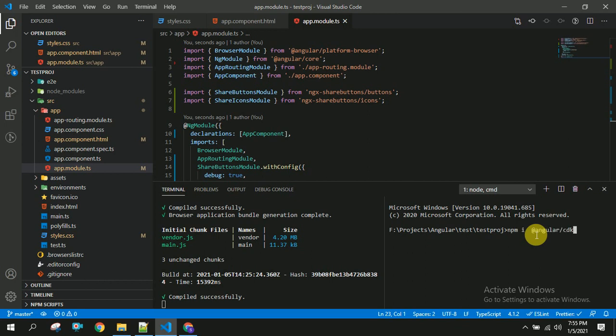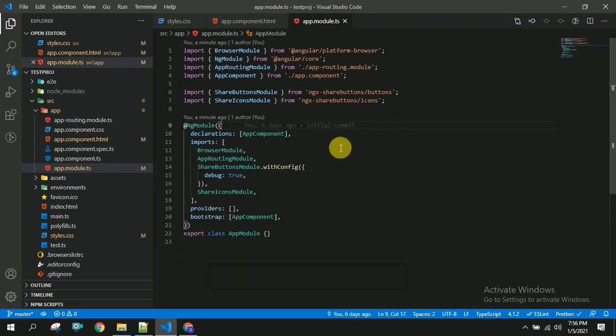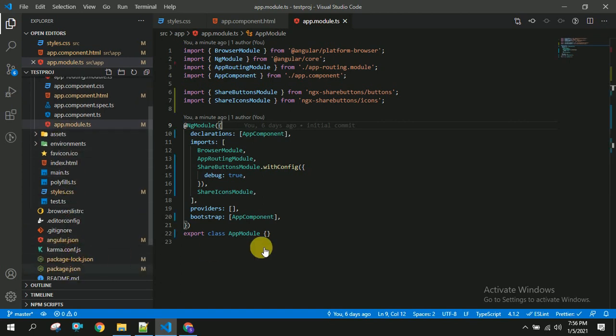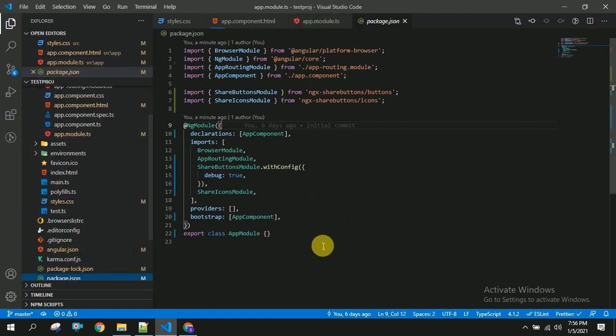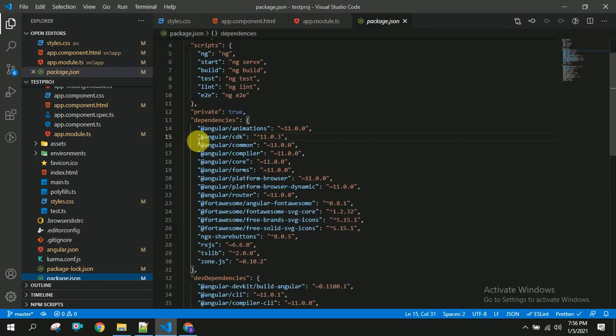If you get any errors or something like that, you can do npm install and then you can start your application by using npm start. Let us wait until it gets installed. Now we will go to our package.json. Here you have to check for the latest version if it is updated or not. Here it is updated to 11.0.3 version.